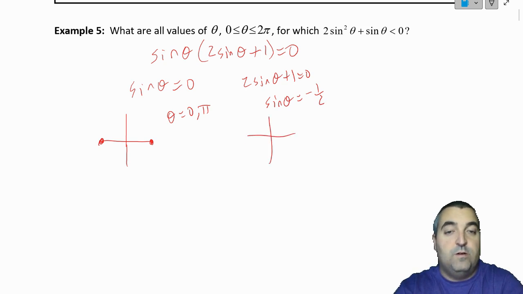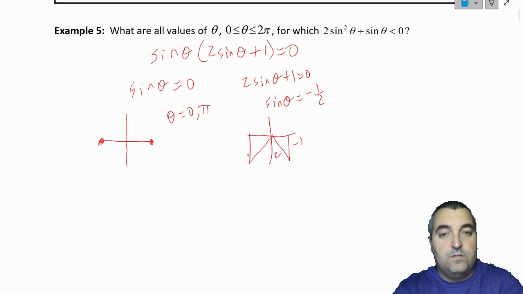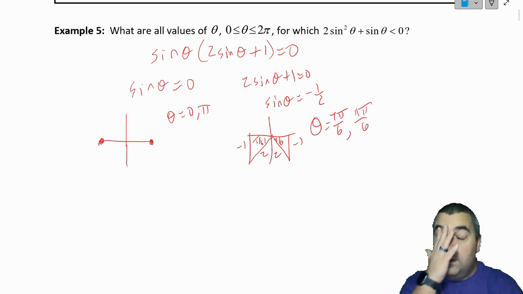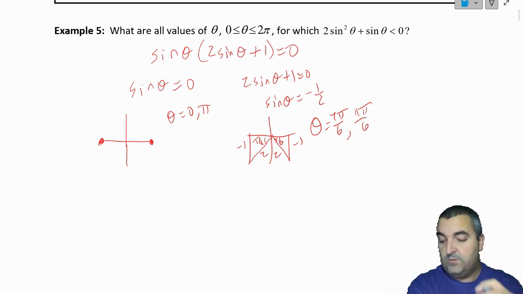And again, this one, I'm going to draw my triangles. Well, sine is negative down here and here. Negative 1, 2, negative 1, 2. Those are pi over 6 reference angles. So then I'm going to say, okay, I'm in quadrant 3 with a pi over 6, which means that I'm going to be at 7 pi over 6 once I can draw this. Yep. So 7 pi over 6, and then fourth quadrant would be 11 pi over 6. So again, in terms of our steps, we're going to go ahead and say 0, pi, 7 pi over 6,